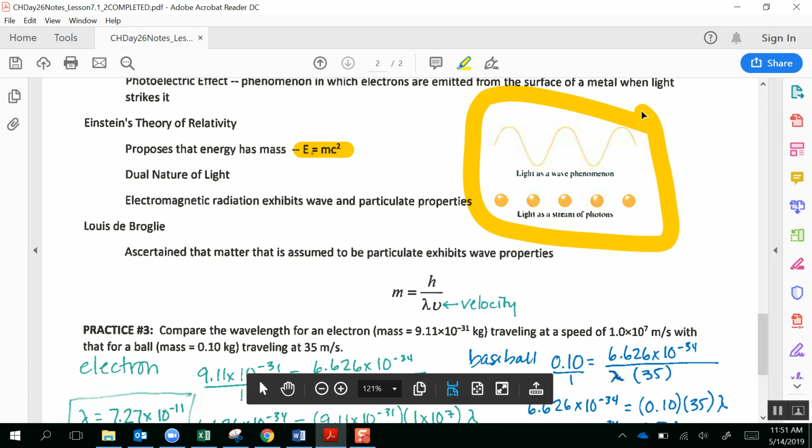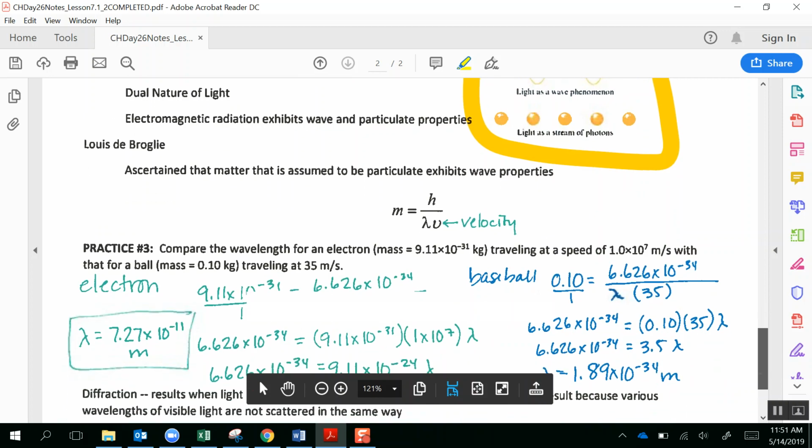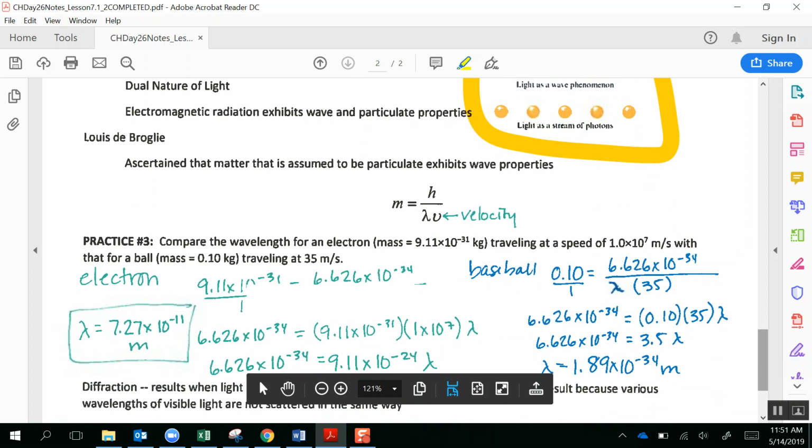De Broglie did another equation. De Broglie ascertained that matter is assumed to be particulate. It exhibits wave properties. And so in determining the mass, we use Planck's constant, we use the wavelength, and we use the velocity. And notice that in this case, that's not a frequency they're looking for, it is a velocity. And so the practice problem number 3 asks you to compare the wavelength for an electron traveling at a speed of 1 times 10 to the 7th meters per second with that of a ball traveling at 35 meters per second. And so we went through those calculations,